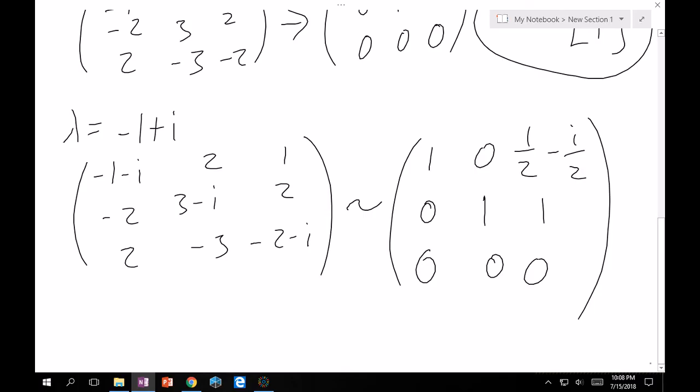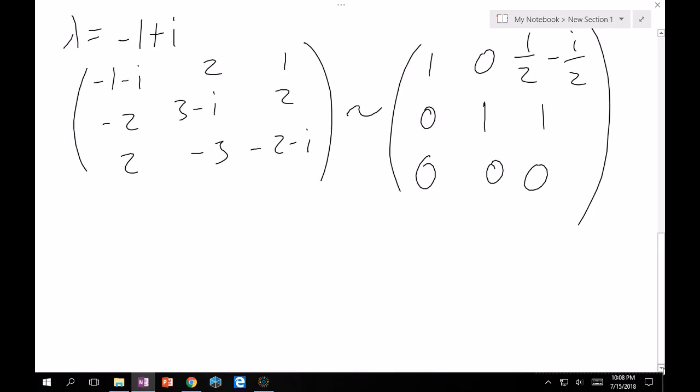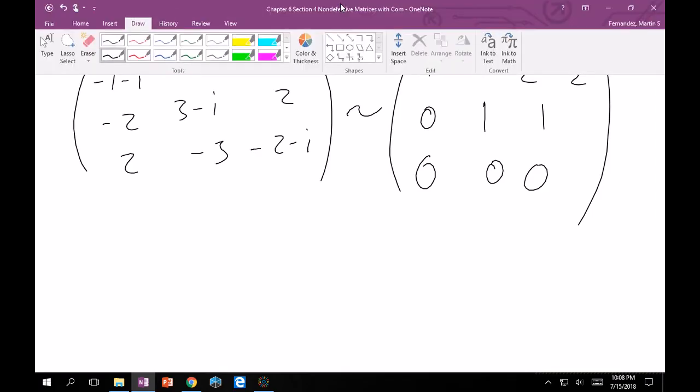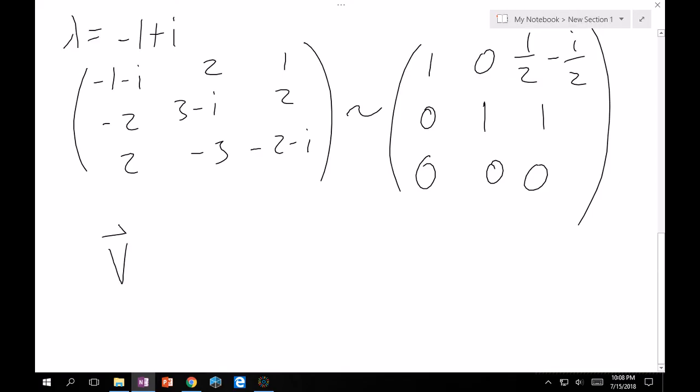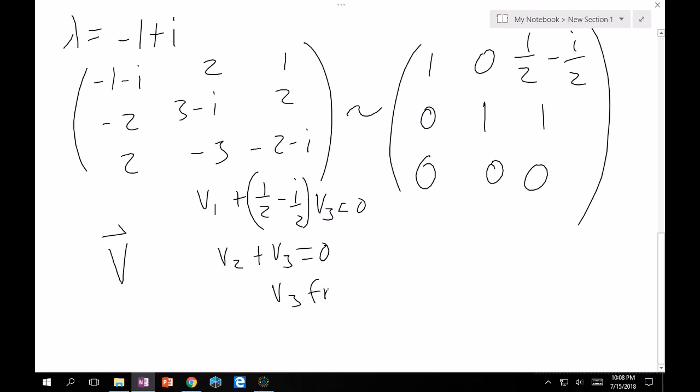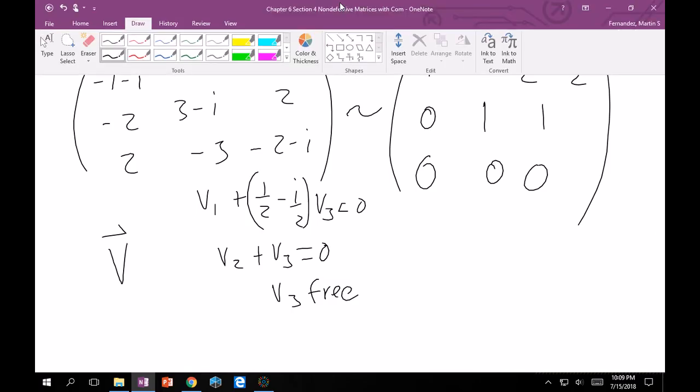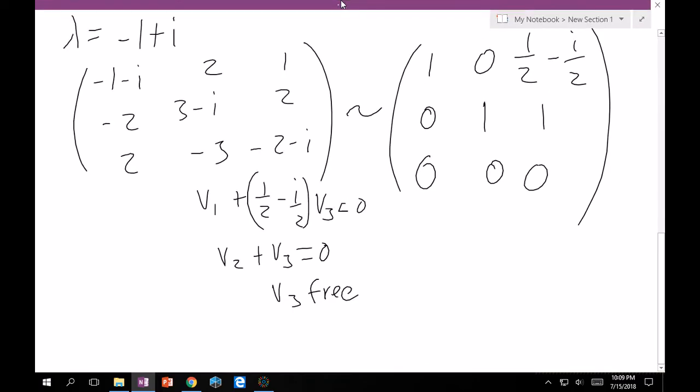Great. And then from here, remember, you only get one eigenvector, right? So I'm just going to call it big V. So the first equation tells you that v1 plus 1 half minus i over 2 v3 is equal to 0. The second one tells you that v2 plus v3 is equal to 0. And then the last one tells you that v3 is free, right? And so something that works here is, I'm going to erase this v and put it over here so that you can see it better,